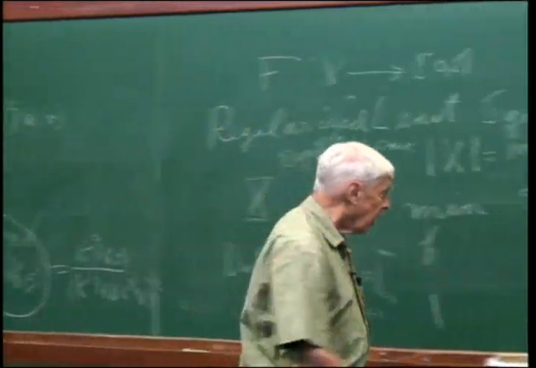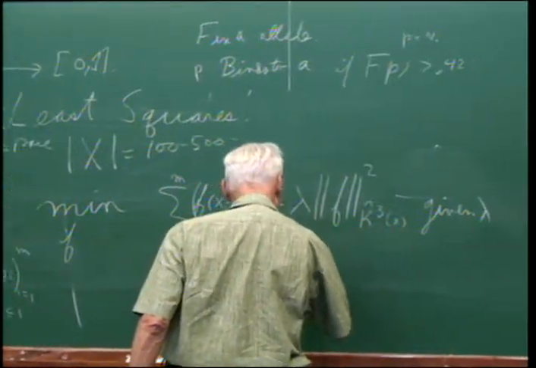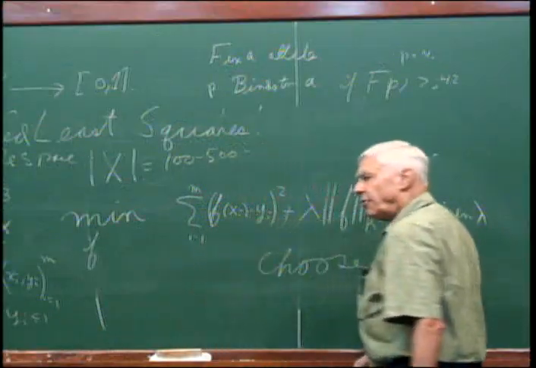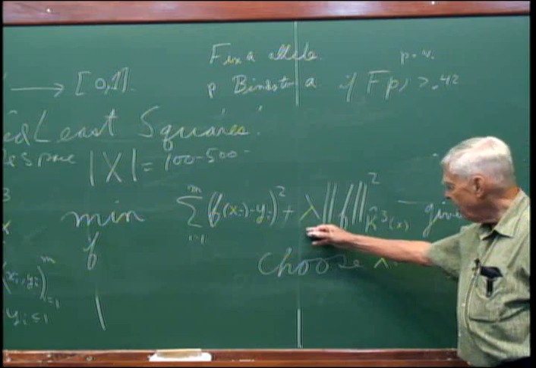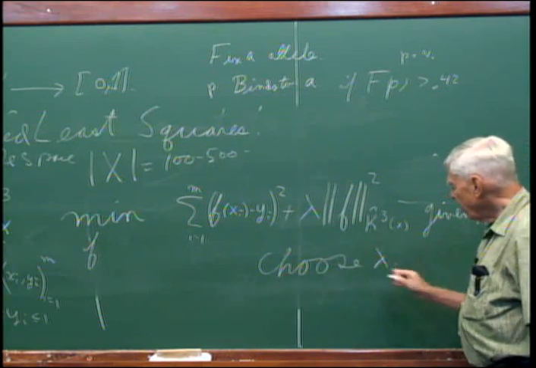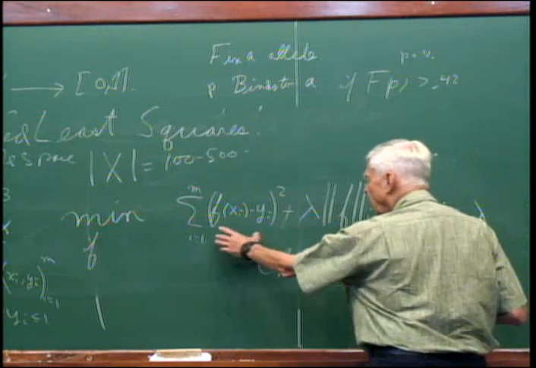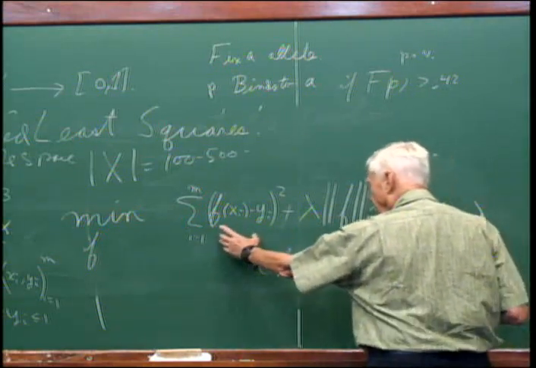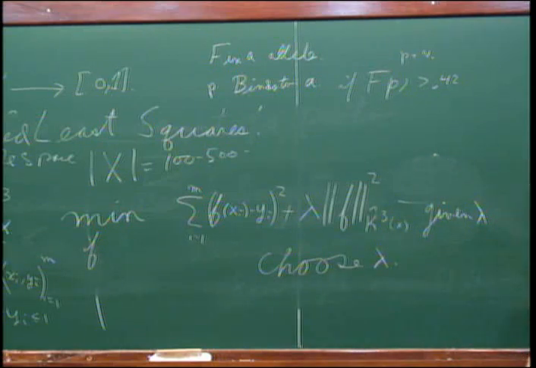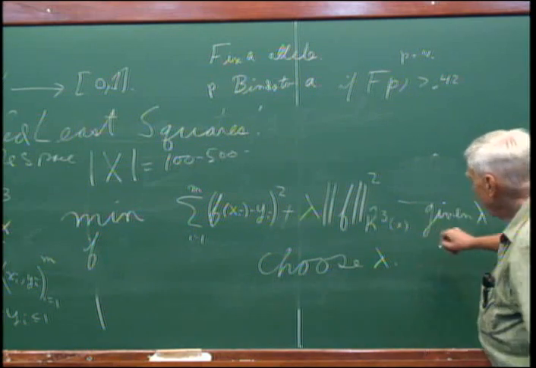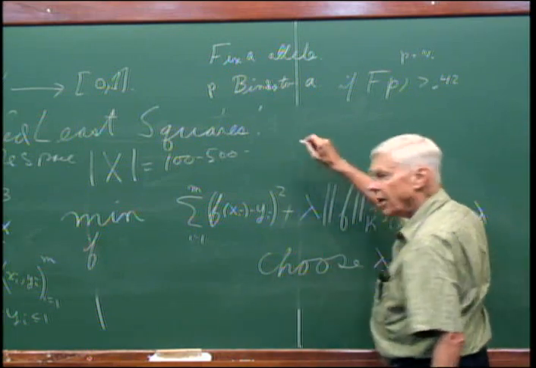And now one chooses lambda. This is done by standard algorithms where you try one value of lambda, and you test. You train on part of the data and test it on the other part of the data to be able to get a good lambda. You get good lambdas that way. It's called cross-validation, a basic part of the algorithmics of this kind of approximation theory. So here's approximation theory.